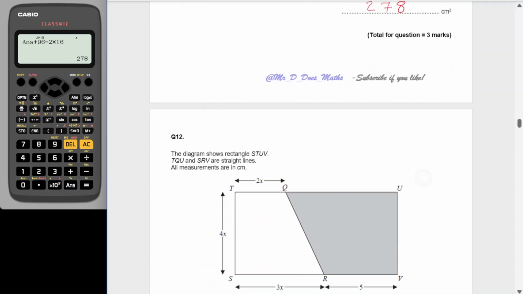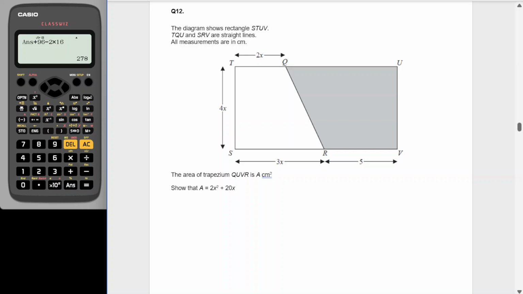Okay, question 12. The diagram shows a rectangle STUV. All measurements are in centimeters. The area of the trapezium QUVR is 4 centimeters. Okay. Sorry, is a centimeter. Show that a is that. Okay. So